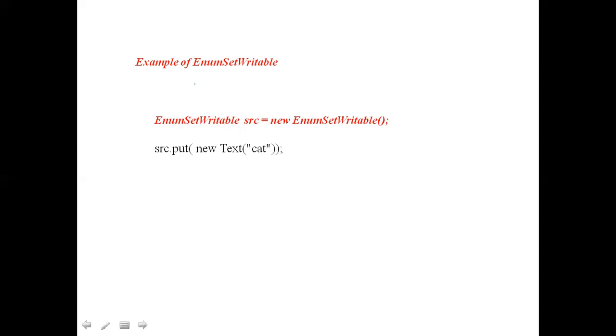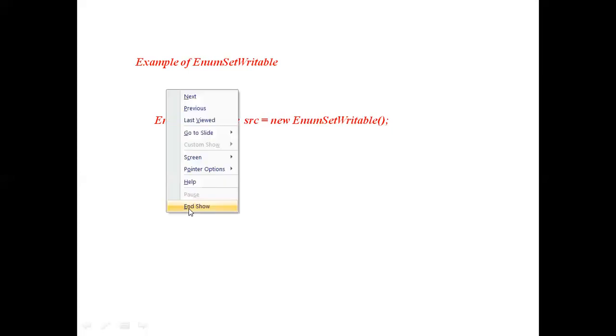When we come to SortedMapWritable, we have to provide both keys and values. But when we come to EnumSetWritable, we only need to provide the values. It will assign the keys automatically. Clear? That is briefly the concept of the writable collections.